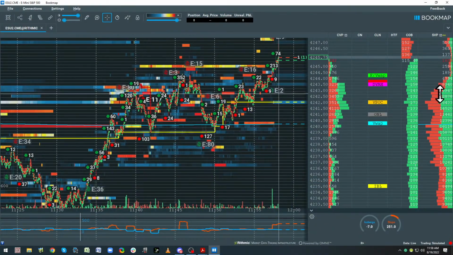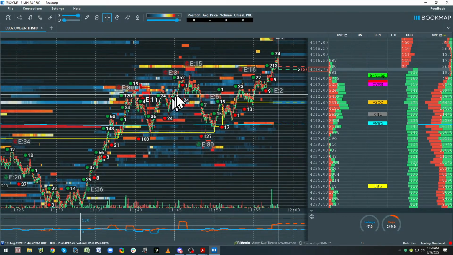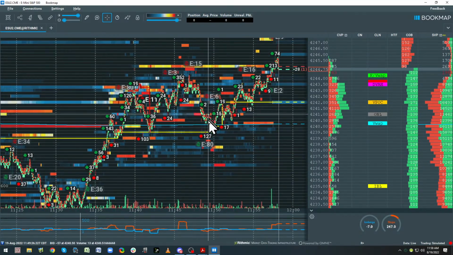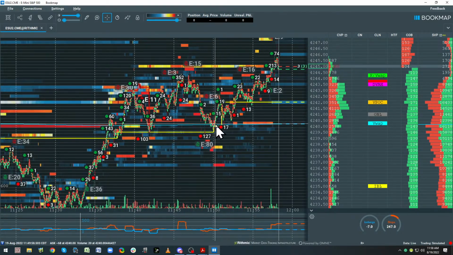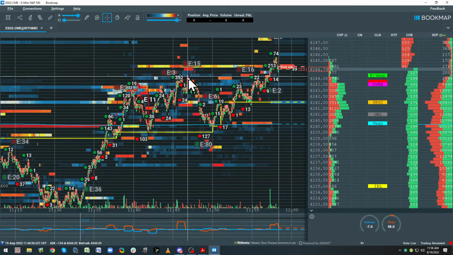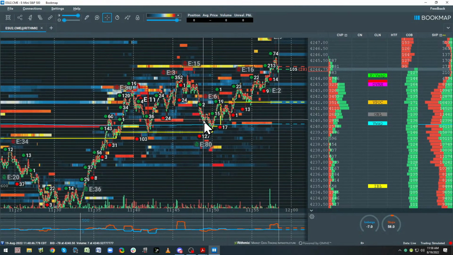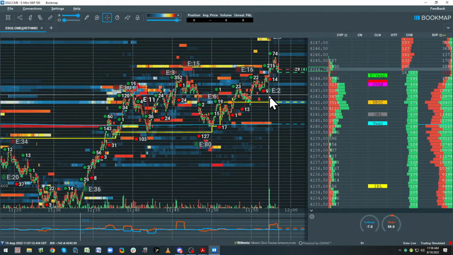See this? So now let's put these pieces back together. Short, scale, VPOC migration. Warning Will Robinson, right? Not a long. Warning Will Robinson. So scale, scratch, flat. It's as easy as that.